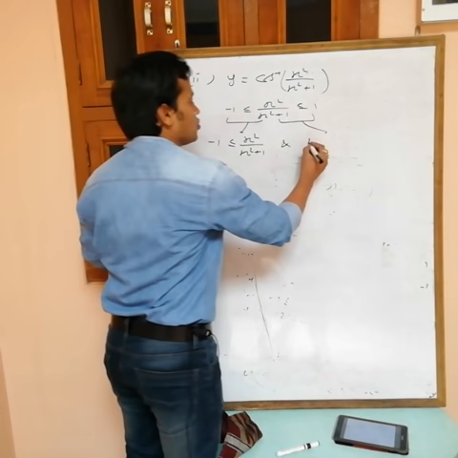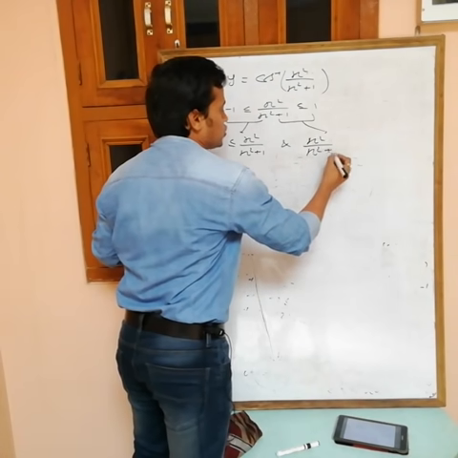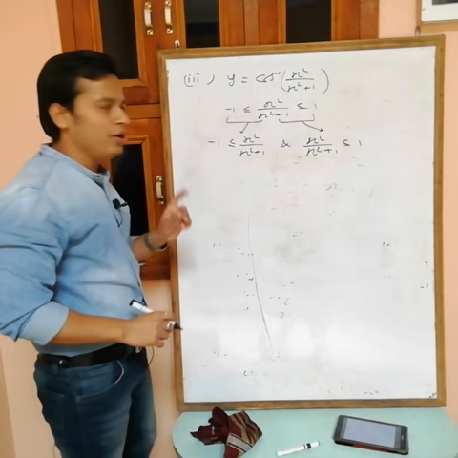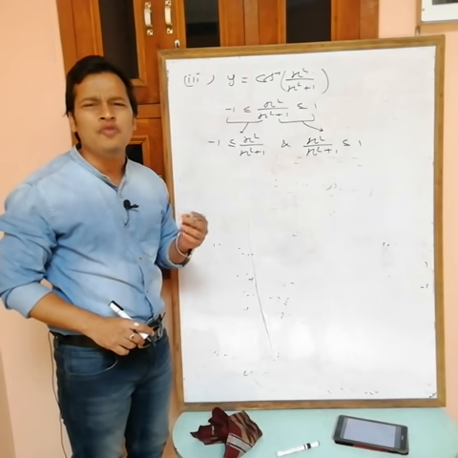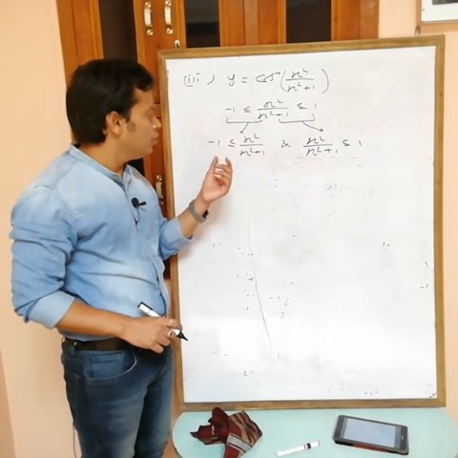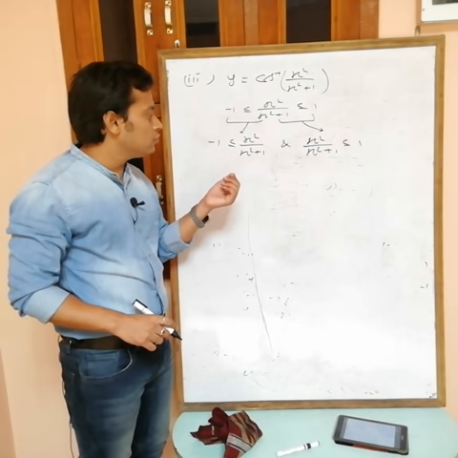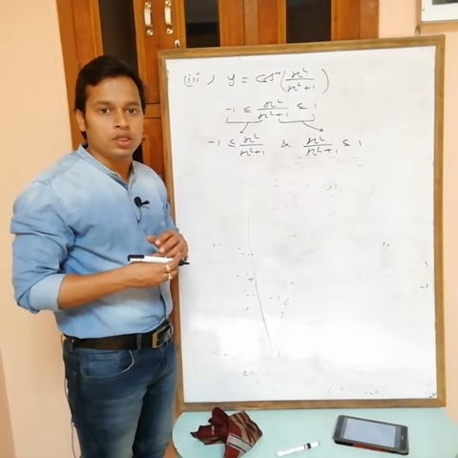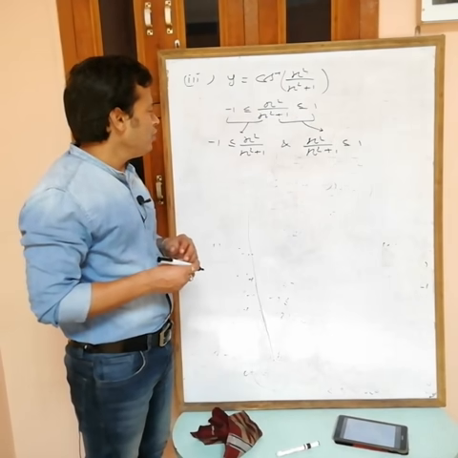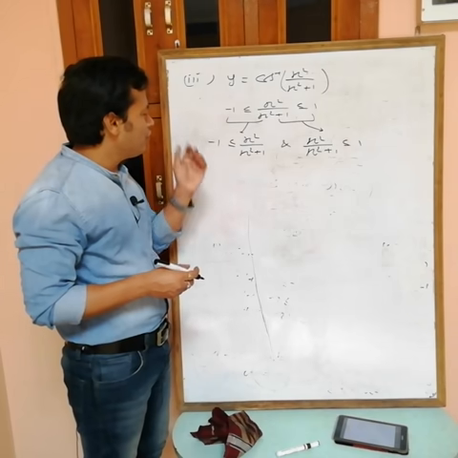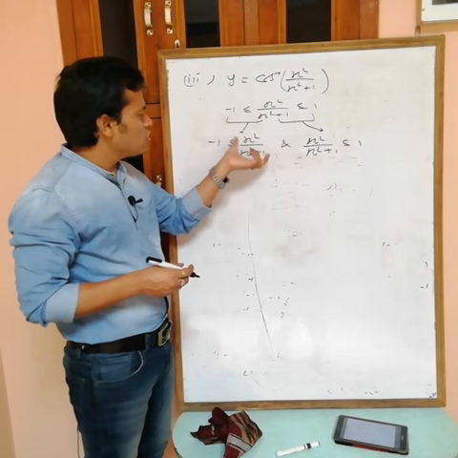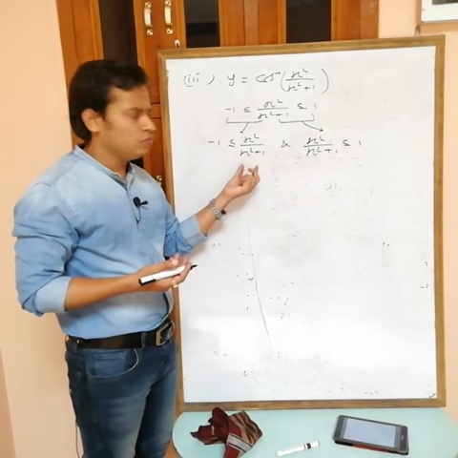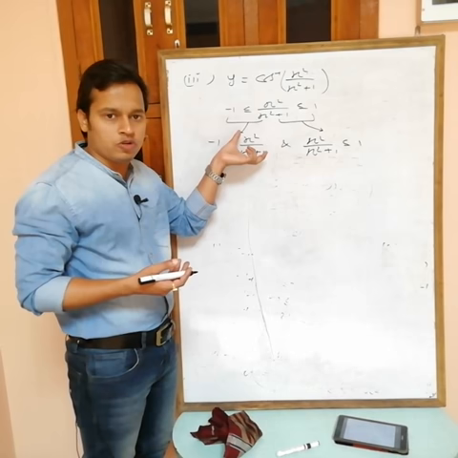Okay, thank you. So x square by x square plus 1 less than or equal to 1. How to solve this one? 1 minute. Can I multiply with x square plus 1? Obviously. Because why? Because x square plus 1 is greater than 0, na. Okay, so multiply. But 1 minute, why we are doing this one? This is always positive, na. x square plus 1 is positive, so this value is always positive.